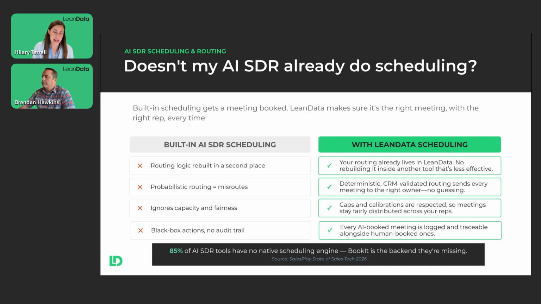It also often doesn't have that round robin that you've built into your capabilities, and know which person needs to go to, who should it go to in the round robin pool, what if someone's out on vacation, and have all of that downstream information to make the right decision. And then finally, that black box and auditability as well. So while some AI SDRs may have that scheduling capability built in, what we're seeing within our customer base is that they are extending their AI SDR, but tying it to what they've already built into LeanData with their robust routing and matching logic.